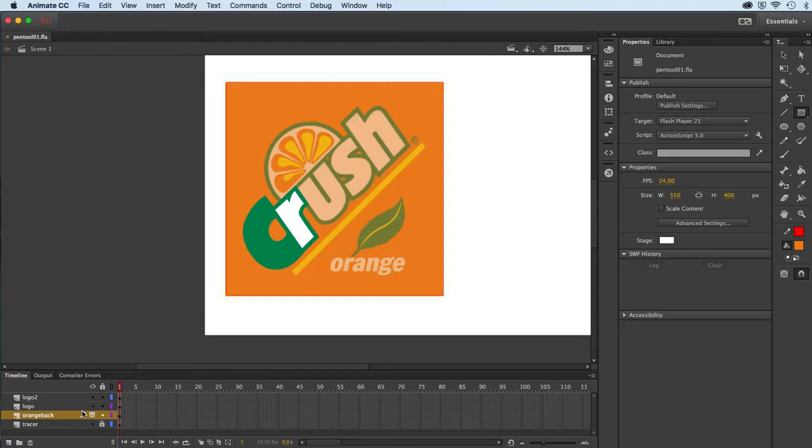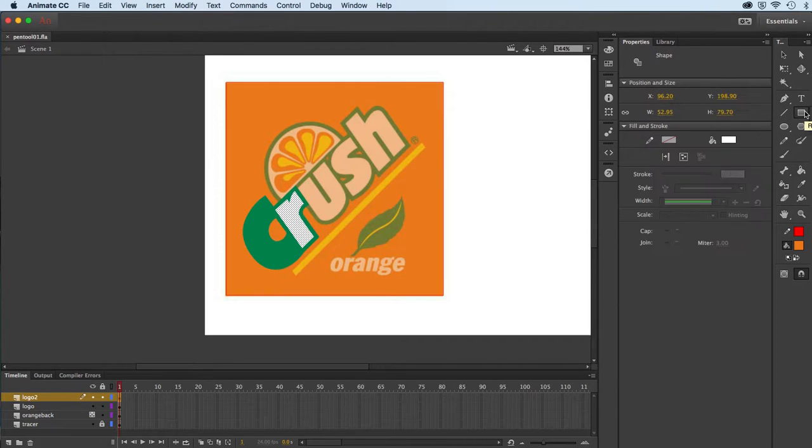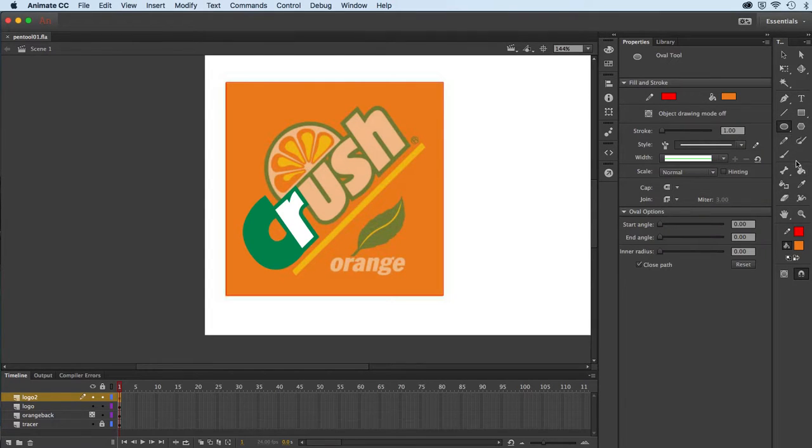One thing I didn't bring up, maybe I'll bring it up right now before we conclude here, is I've been drawing in the merge mode. I could also draw in object mode, which would make things a little more lending themselves to be drawn on one layer. Let me just show you here. I'll go up to logo layer 2. And if I was to draw a new shape, I'll just do it with a rectangle for now. Actually, I'll do it with an oval. And down here is where I set the object drawing mode. And if I click here and draw over top of other things, when I go to select it,